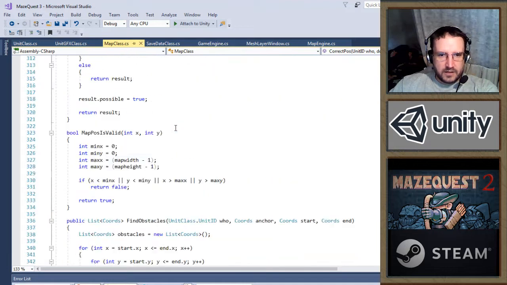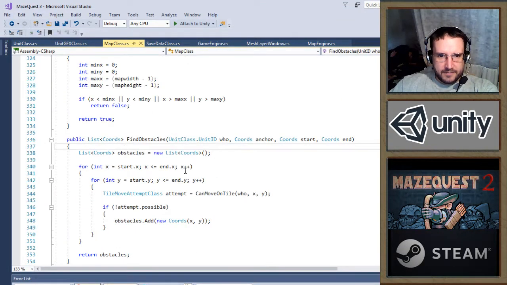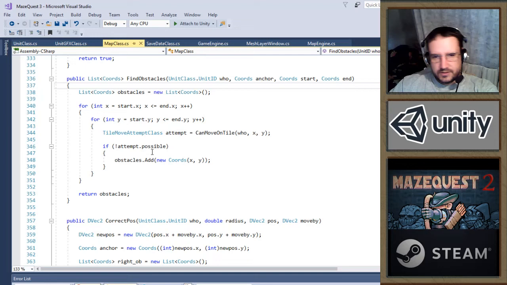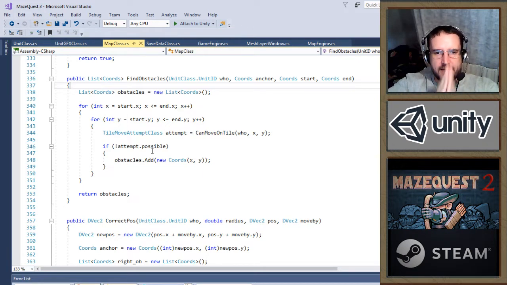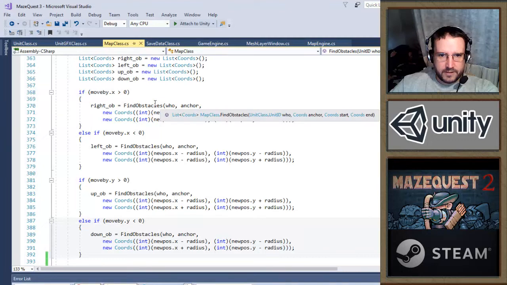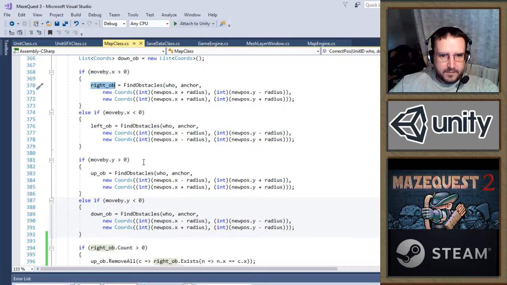So basically it starts by, I have a function to find all the obstacles within that radius. Or actually, I do it for each direction: up, down, left, right. I check for obstacles separately in each of those directions, and I get a list of those obstacles, which I bring over here. And then,